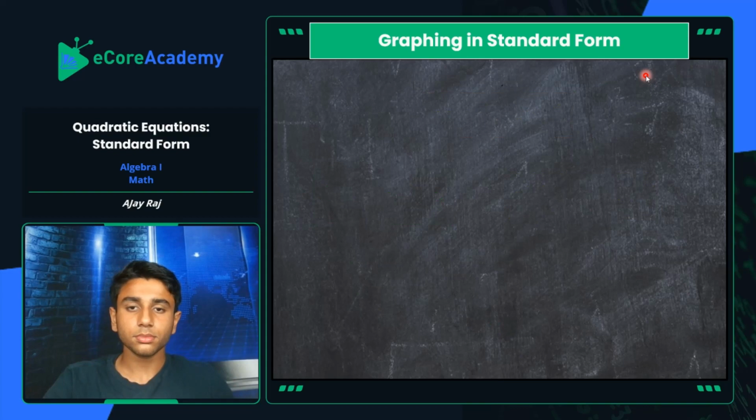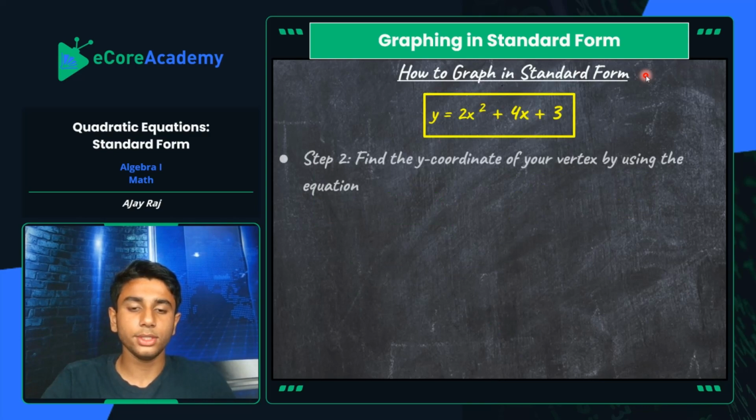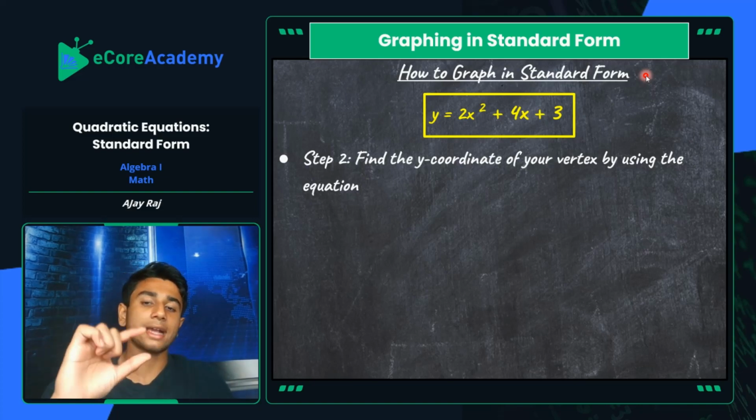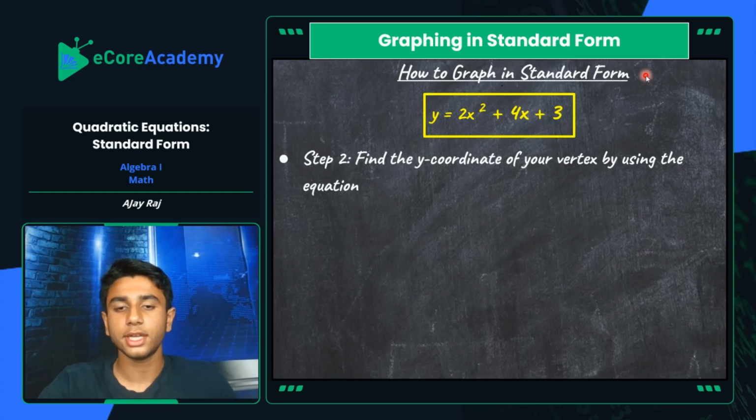All right, so now continuing with graphing in standard form, we're going to take that same equation and we're going to advance what we have already. We figured out the x-coordinate of our vertex since it's going to be on that same vertical line. It's going to have the same x-coordinate. So now we're on to step 2, which is merely finding the y-coordinate of your vertex by using the